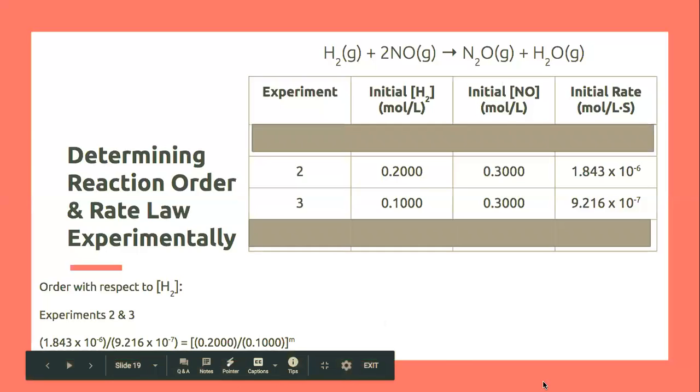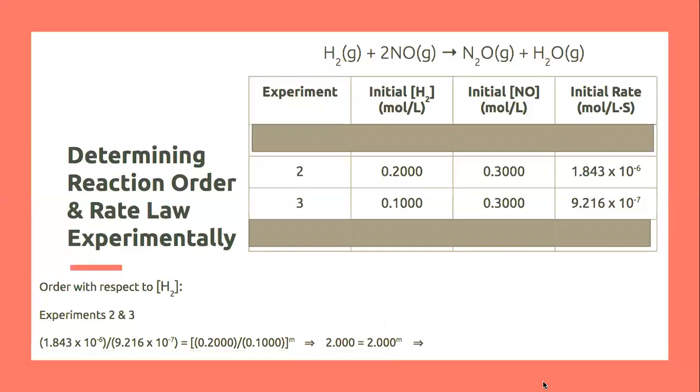This time I have my numbers correct, I promise. So let's simplify those numbers down a little bit again. And isn't that much prettier? We've got 2.000 is equal to 2.000 to the m. This one should be real easy to figure out what that m is, but let's set up our logarithms again anyway. M is equal to log base 10 of 2.000 divided by log of 2.000. You should realize that m is equal to 1, which means that the initial concentration of H2 is